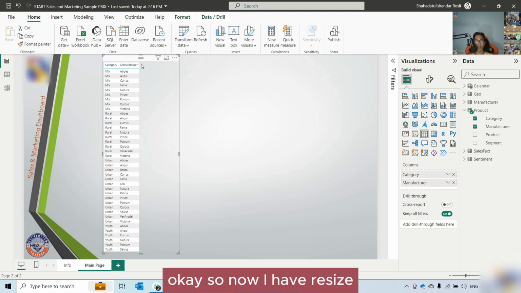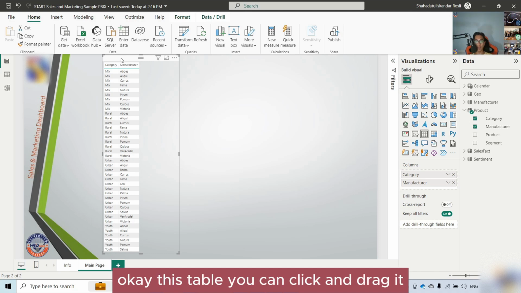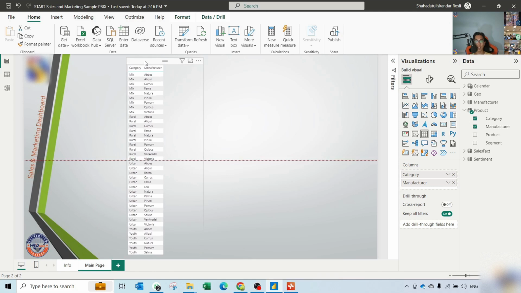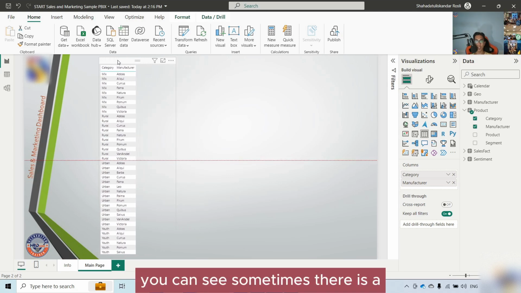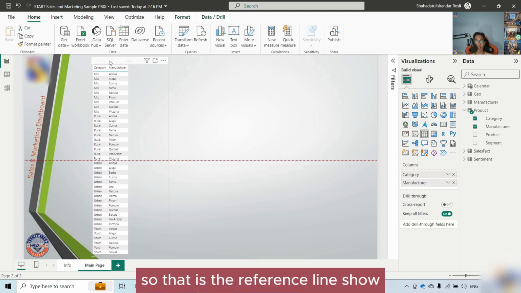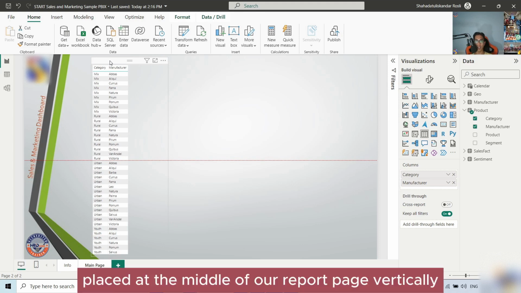Okay, so now I have resized this table and you can see all the data. Now how about our positioning? This table you can click and drag around your canvas. When you move this visual, you can see sometimes there are red lines appearing. For example, I have this horizontal red line appear. That is the reference line showing us that this visual is currently placed at the middle of our report